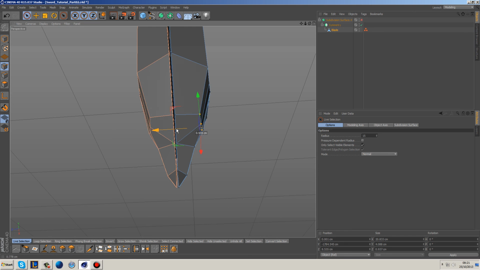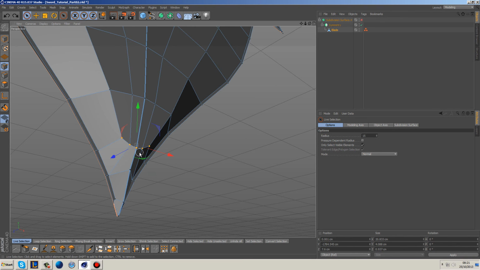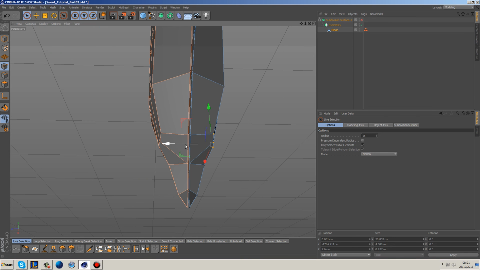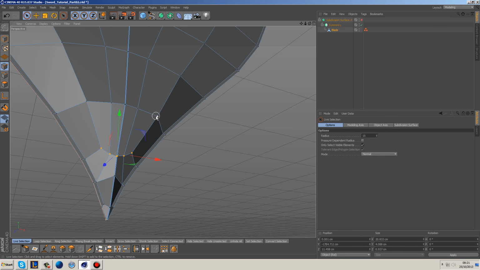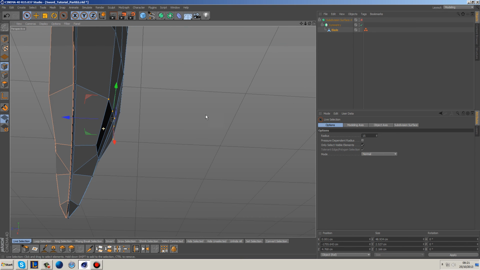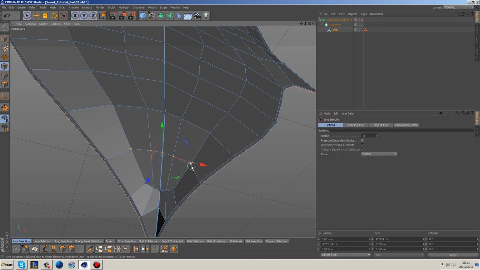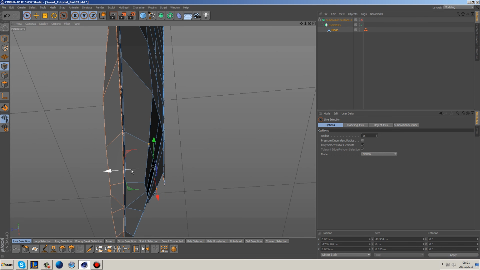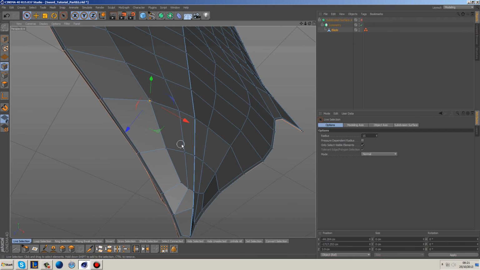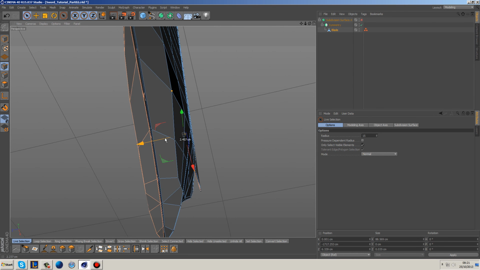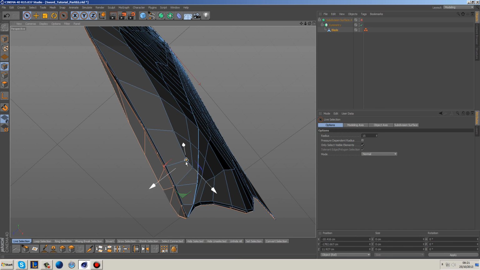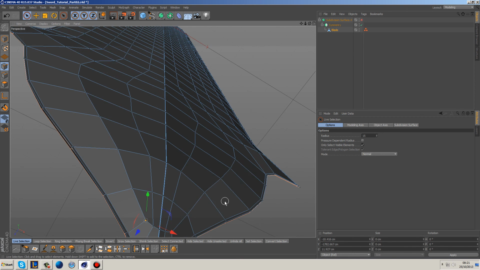And again, we're just going to taper this in slightly, making sure that we've got everything, and then bringing that in, trying to keep the contours of this as accurate as possible. Like so. Grab these points, bring them in slightly, bring this point in slightly, and we're going to have to bring some of these points in as well,